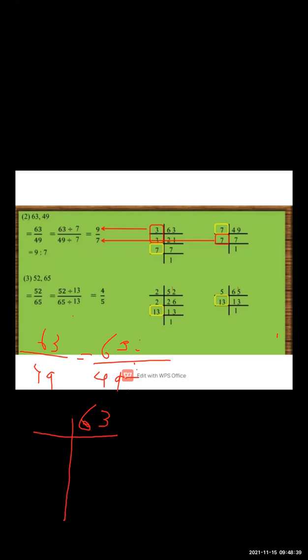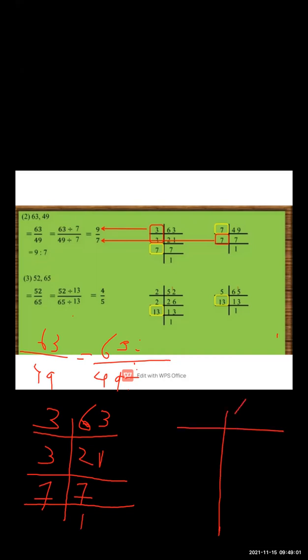3 is there, it means it is divisible by 3 only, that is 3 2s are 6, 3 1s are 3. Again it will be divisible by 3, that is 3 7s are 21. 7 is not going in any one table, so you will write 7 1s are 7. Now here it is 49, and 49 is going in which table? Directly in the 7 table, that is 7 7s are 49. And 7 1s are 7.